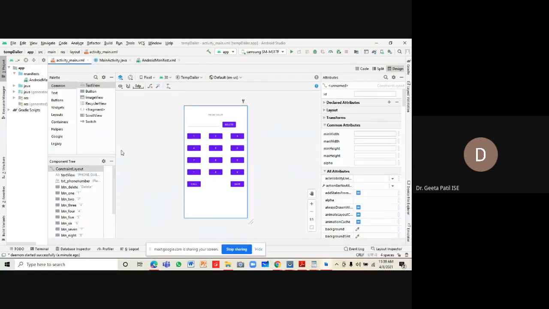Yeah. So this is the design of our phone dialer put up with the constraints.